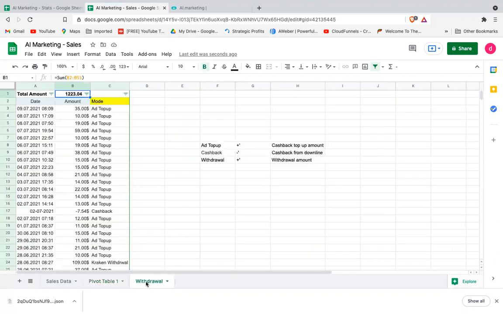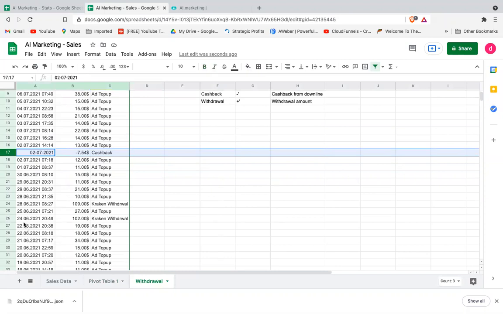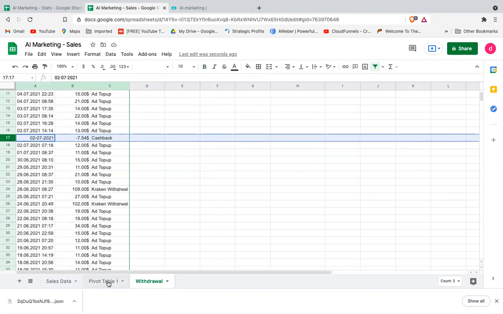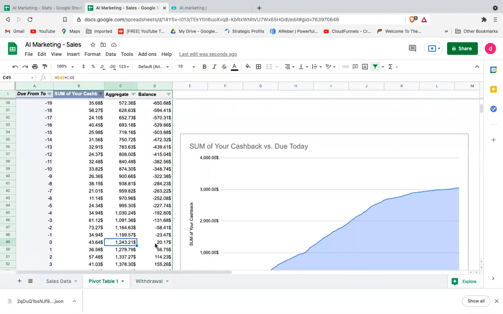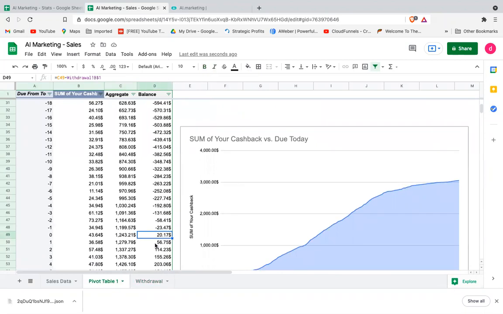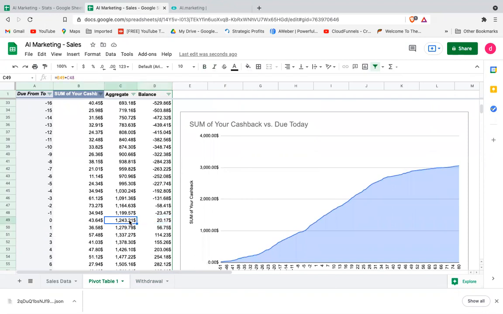Come here on withdrawal, you will see it's saying only 1,223. Why? Because I have subtracted this cashback and this amount, and this is what will be reflected in the other column. Till today, after spending, whatever cashback amount I've got, there are only